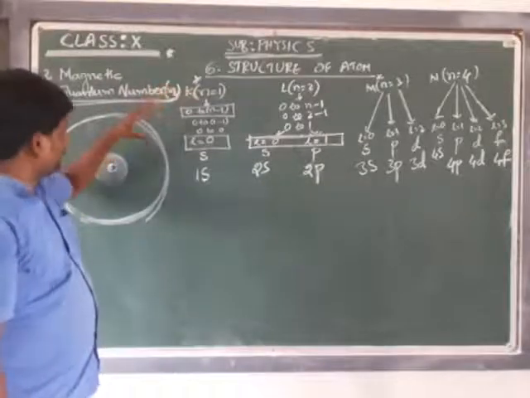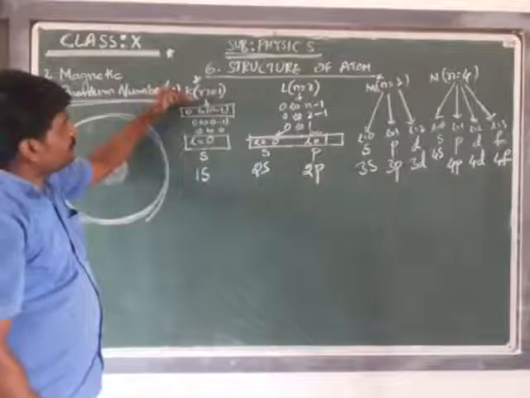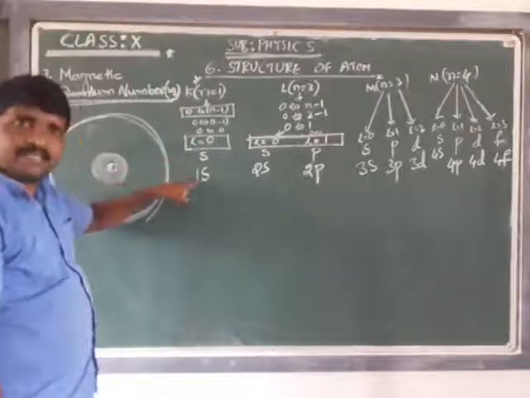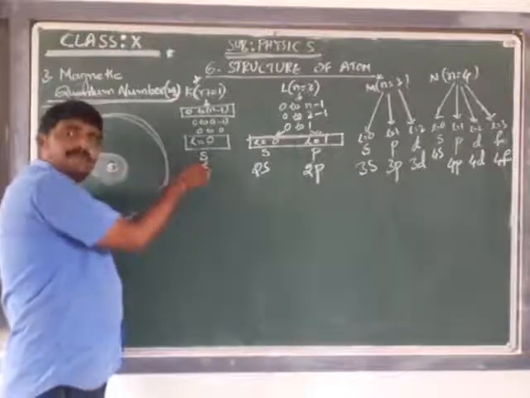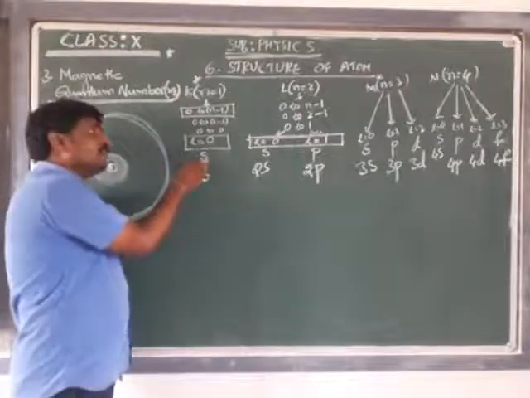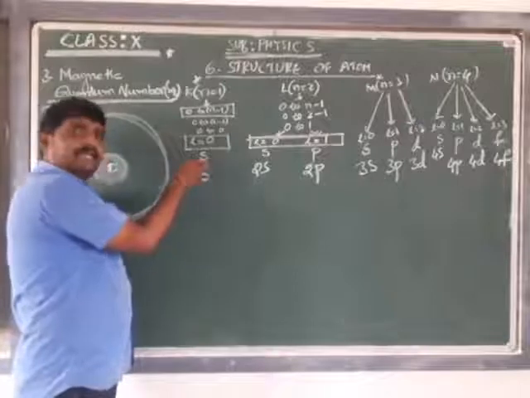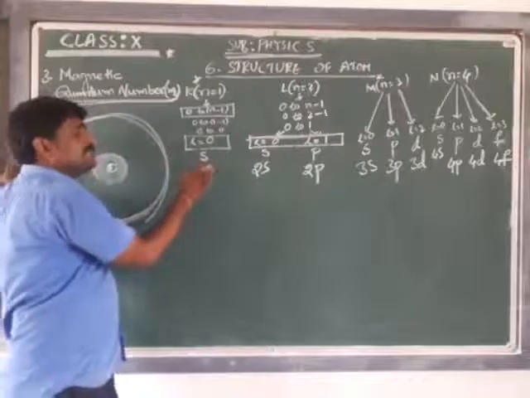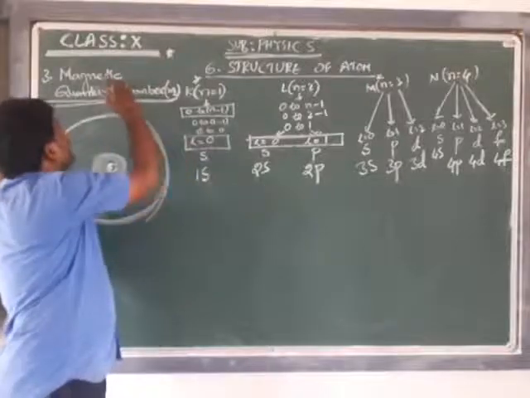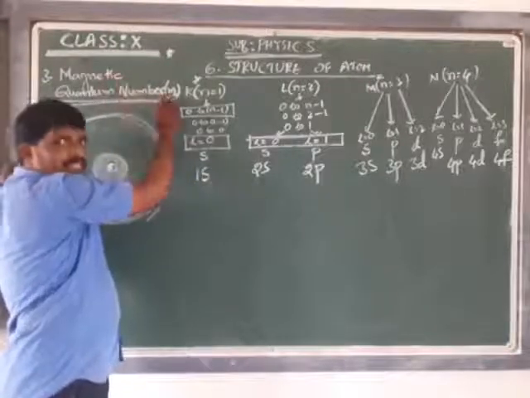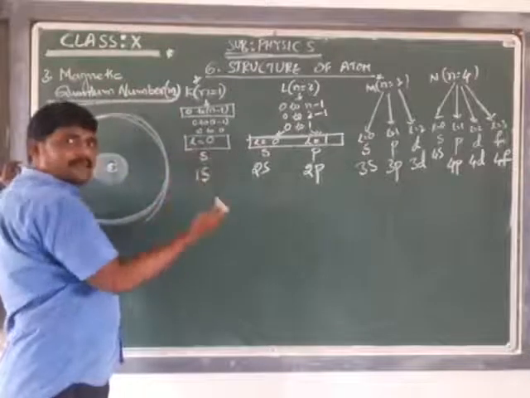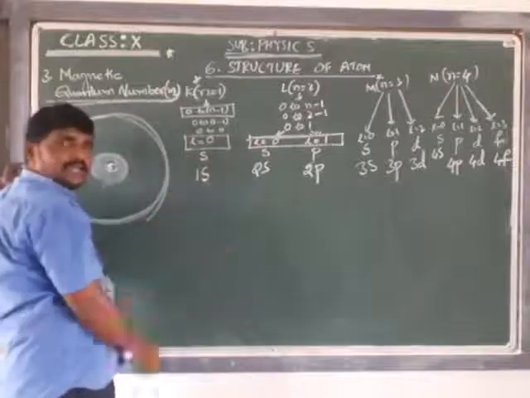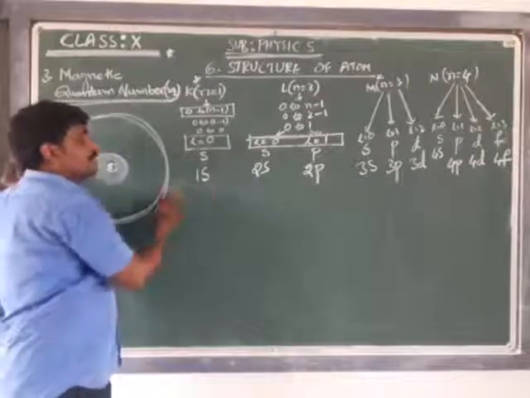K shell is a region. For this K shell, we have a subshell that we call S. It is referred to as 1s. How this 1s is oriented, arranged, or occupying the space is what we have to learn. To know about this, we are taking the help of the magnetic quantum number, which is referred to by ml. To get the number of orientations of the S subshell, we take the help of the magnetic quantum number. How to know that?